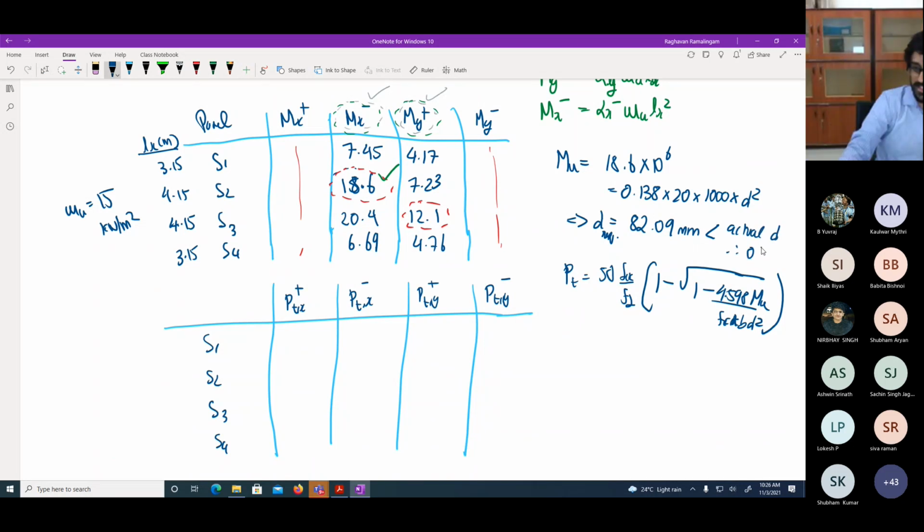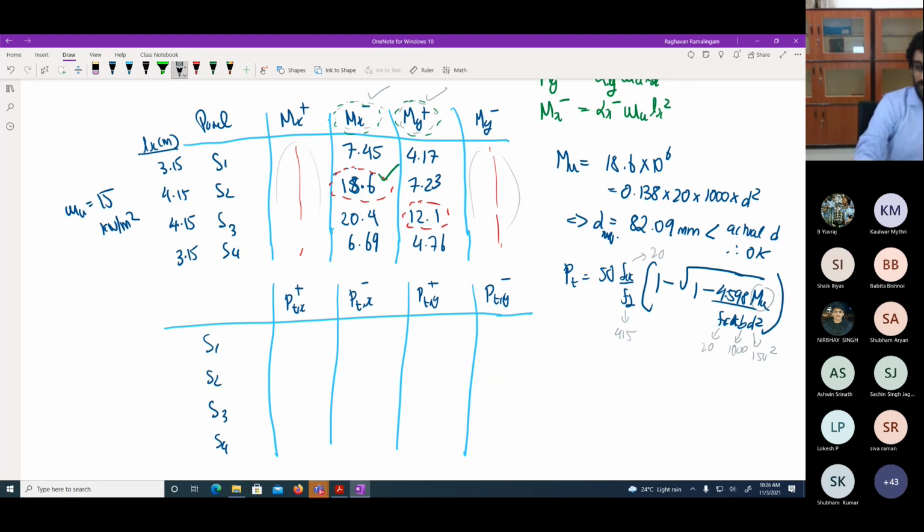So therefore it's okay. Once this is done, we can just go ahead and use the same value of D, which is 150 mm. Mu, whichever moment you are finding, that value of Mu you will have to substitute to find these things. fck is 20, fy is 415. Breadth you will take 1000 obviously. So these are the things that you're going to use.